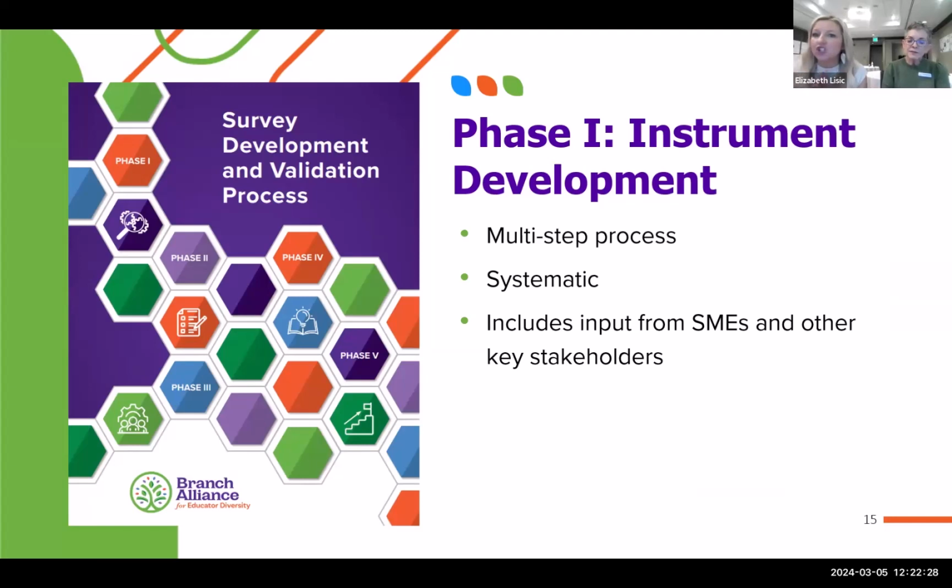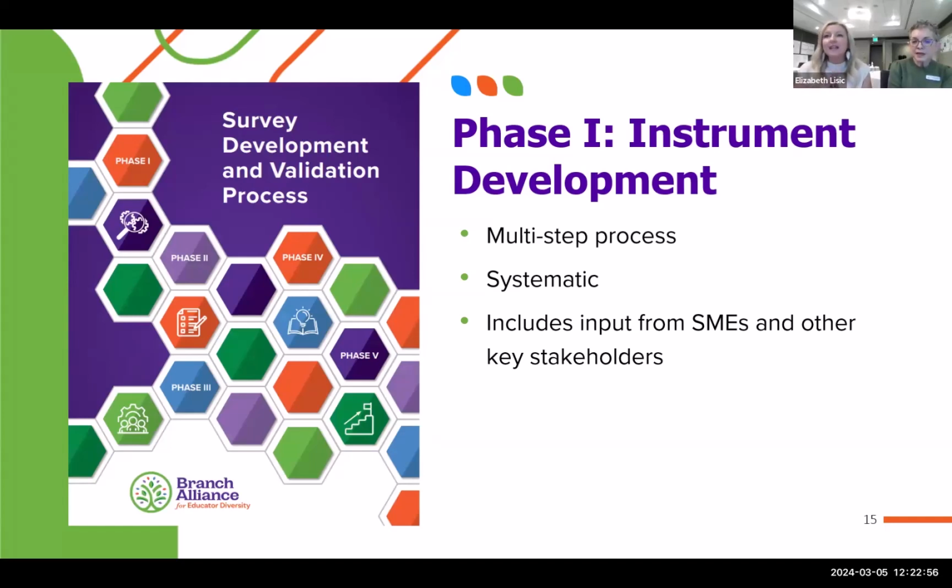We're going to start jumping right in here with phase one, which is developing the survey itself. Oftentimes there are surveys that are already developed, right? We have access to tools, maybe they came from the state, maybe they came from a research group. But sometimes we have unique needs within our programs. We want representation from our community in our tools. And so we need to develop those tools and surveys.